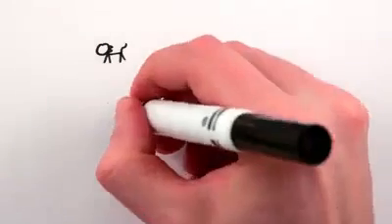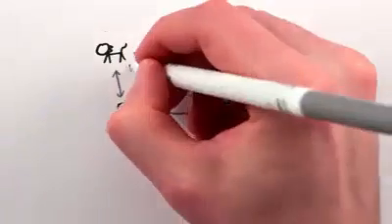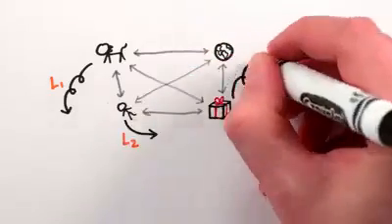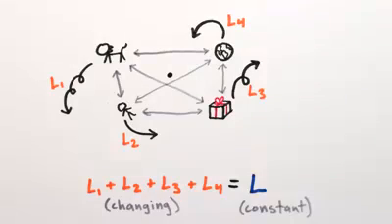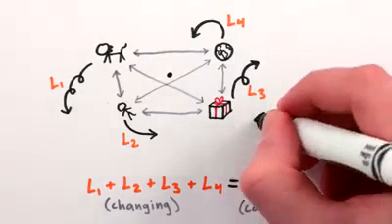The reason we care about angular momentum is that if you take a bunch of objects that are interacting electromagnetically or gravitationally or whatever, and add up all of their angular momenta into one number, then that total value won't change over time, unless some other objects from outside come in and mess things up.